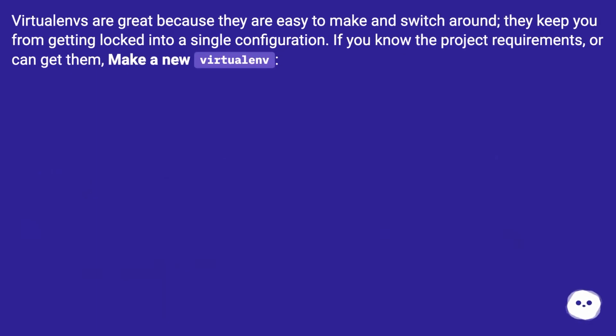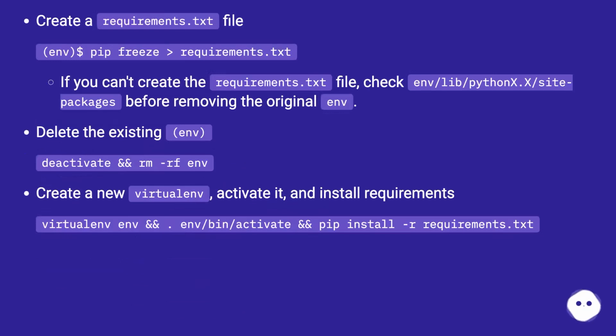Virtualenvs are great because they are easy to make and switch around. They keep you from getting locked into a single configuration. If you know the project requirements or can get them, make a new Virtualenv. Create a requirements.txt file: env $pip freeze > requirements.txt. If you can't create the requirements.txt file, check